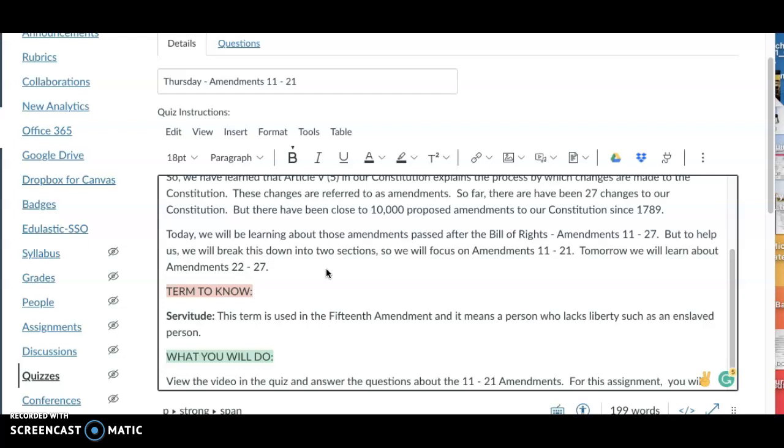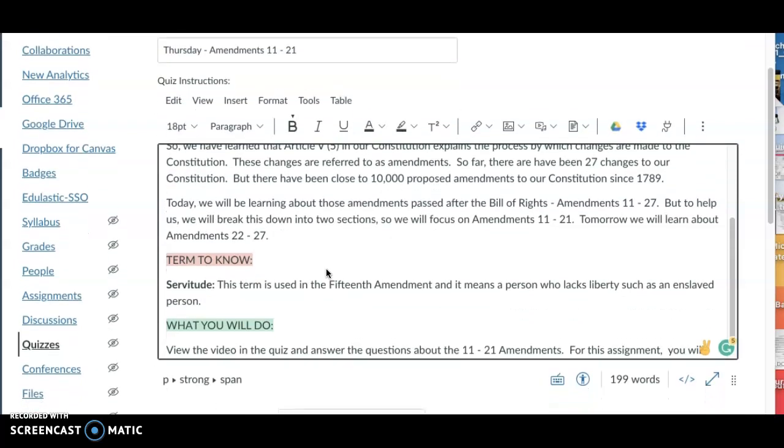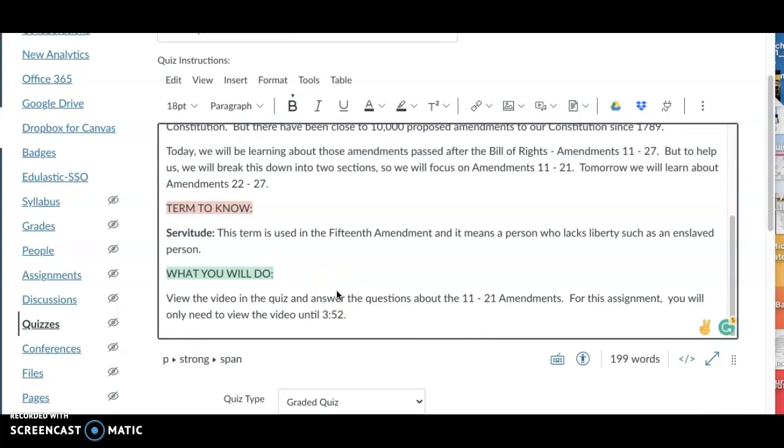There's one term you need to know, and that is the term servitude. This term is used in the 15th Amendment, and it means a person who lacks liberty, such as an enslaved person. What you will do is you will view the video in the quiz and answer the questions about amendments